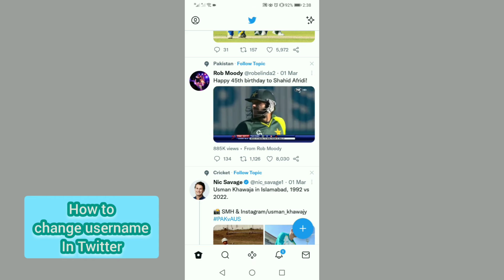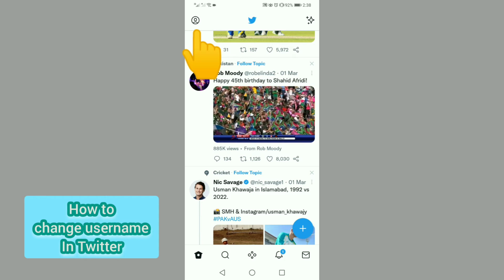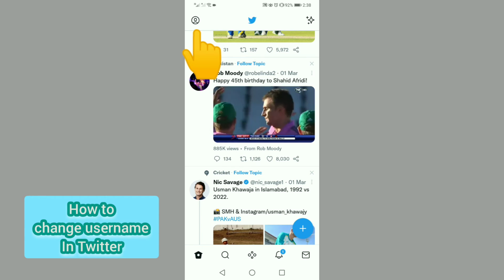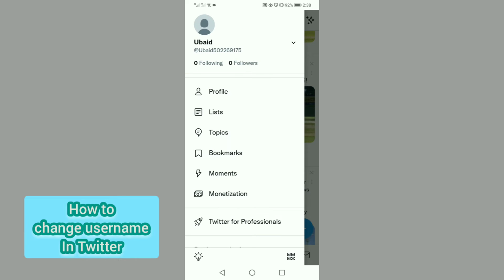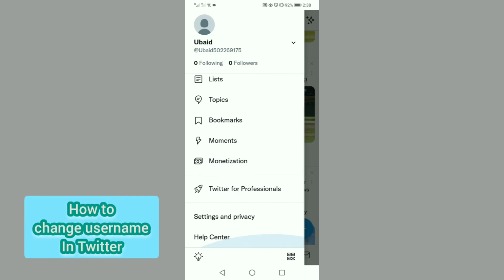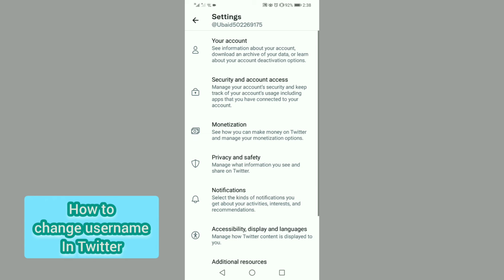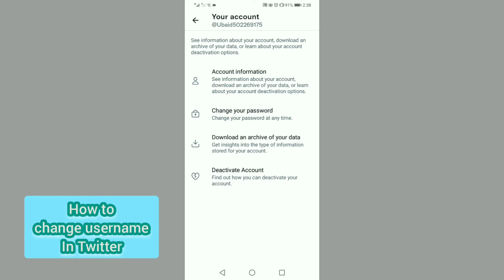Once you open Twitter, you will see your account icon in the upper left corner. Once you tap on this, you will see a list here. Simply scroll down and tap on Settings and privacy, and here tap on your Account option at the top. Now tap on Account information,